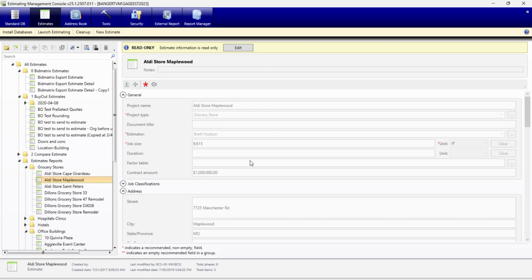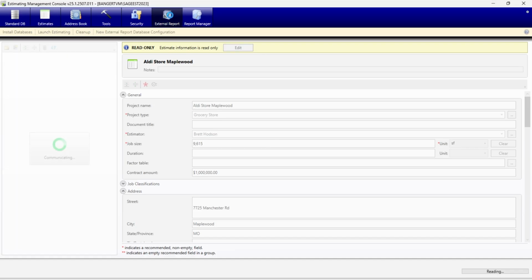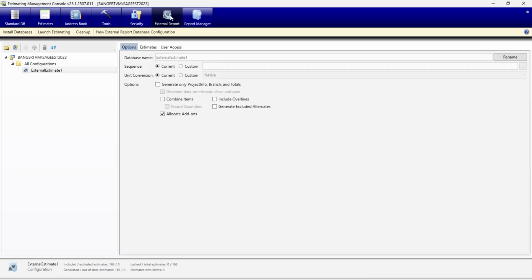The next thing I did is I've set up an external report. Now, this part makes it where, when you think about allocating add-ons, you could write reports where you just tap right into the native views themselves and pull my line items, and the same stuff that I'm going to show could all be done with just the native tables. The problem with the native tables is there's a few advantages to this external report helping build new tables for you.